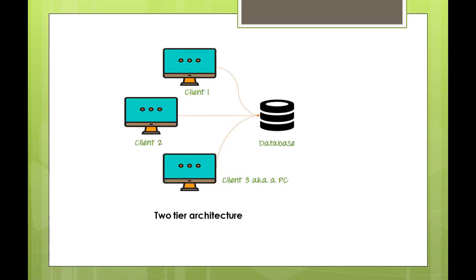So totally, there are 4 computers here: client 1, client 2, client 3, which are simple computers, and there is a database server. The database server is also a machine, but it is a powerful machine. It's a computer, but a powerful one. So totally 4 computers you bought, out of which 1 is the server, which is the powerful one. And all these are connected with a LAN connection, a LAN cable. You could see the connection is made through a LAN cable. This is a LAN cable.